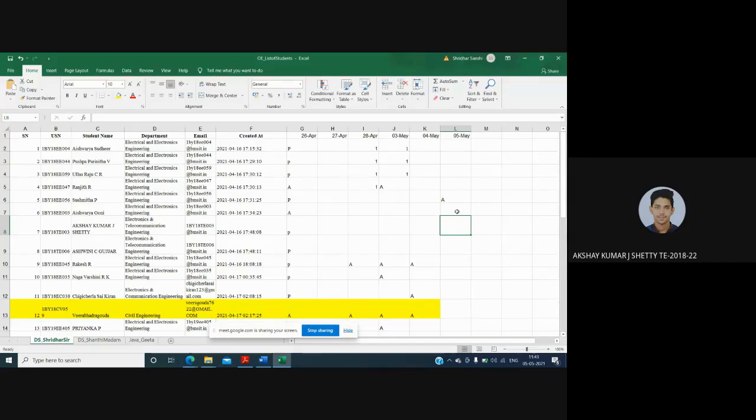Yes, sir. Ashwini. Present, sir. Rakesh. Present, sir. Okay, Rakesh, you are absent for the last 3 classes. Sir, I was present at starting, sir. I was not able to answer the attendance. See, that is left to you. You need to answer every day.